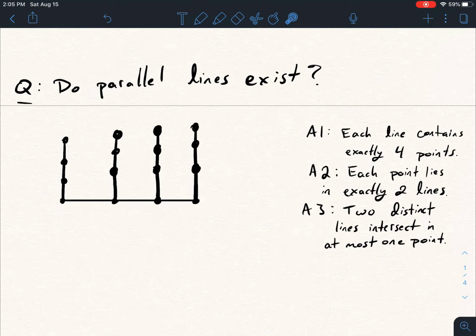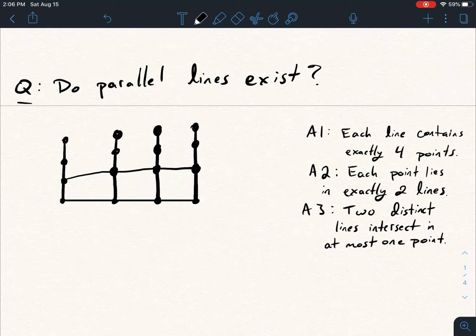So we need to add some more lines here. And so there are some options for what we could do. The first option is that we could just draw lines like this. This actually ends up being a really convenient way to do this. If I just draw a line through these 4 points right here, and then through these 4 points right here, and through these 4 points right here, that just really conveniently